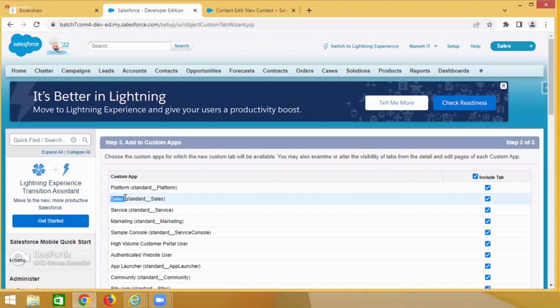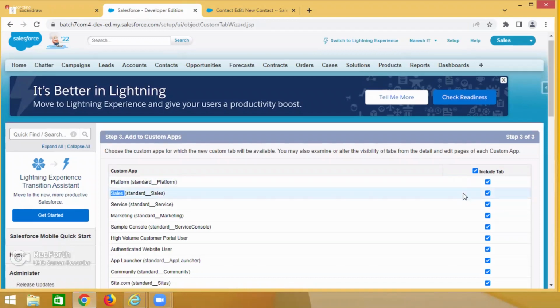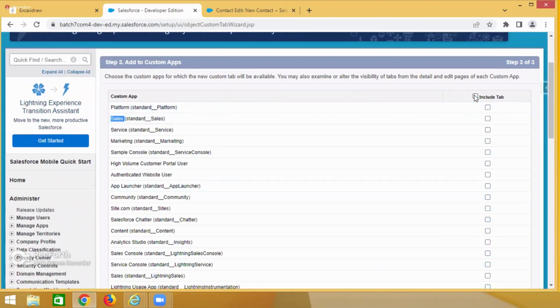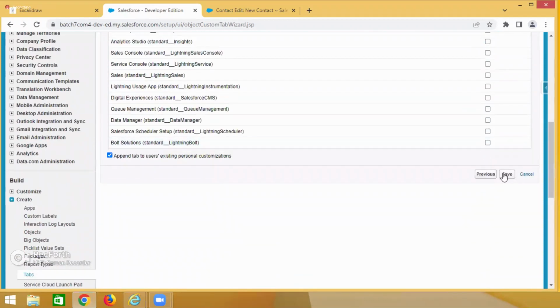You only need to enable that tab for the Sales application, not the remaining ones. In that case, for Include Tab, uncheck the others. The application name is Sales. We need to create a different application, but as of now, I need to add that tab in the Sales application, not the remaining applications. Understand? Okay, now